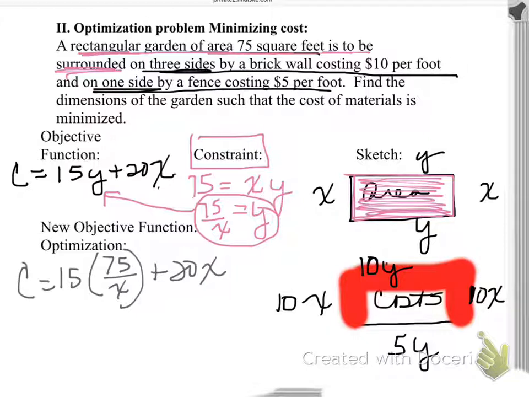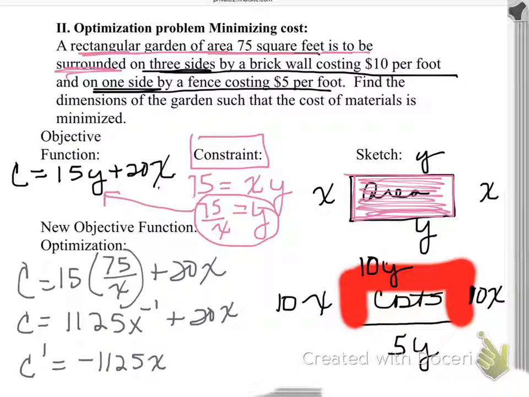I misspoke. I wanted to say 15 times 75. So 15 times 75 should be 1125. And then take your x that was in the denominator and bring it to the numerator, plus 20x. So I haven't taken any derivative yet. This is just my cost function. So now take your derivative